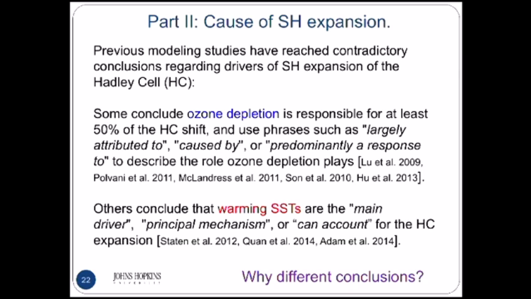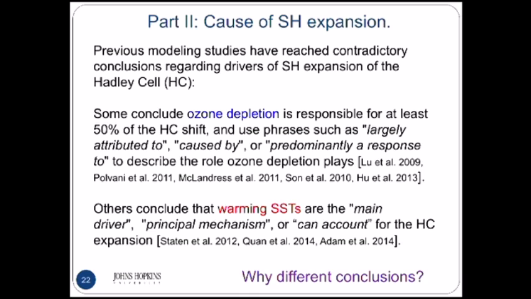that was part one. Now, what actually kind of got me into this was looking at the cause of the southern hemisphere expansion. And so there have been previous modeling studies and observational studies trying to understand this, and there had been quite a few studies that had done single forcing or isolated forcing runs. So you'd take a climate model or a GCM and would run it with, say, all things changing, and then they'd run it again with, say, just stratospheric ozone changing, or just greenhouse gases changing, or just SSTs changing. And